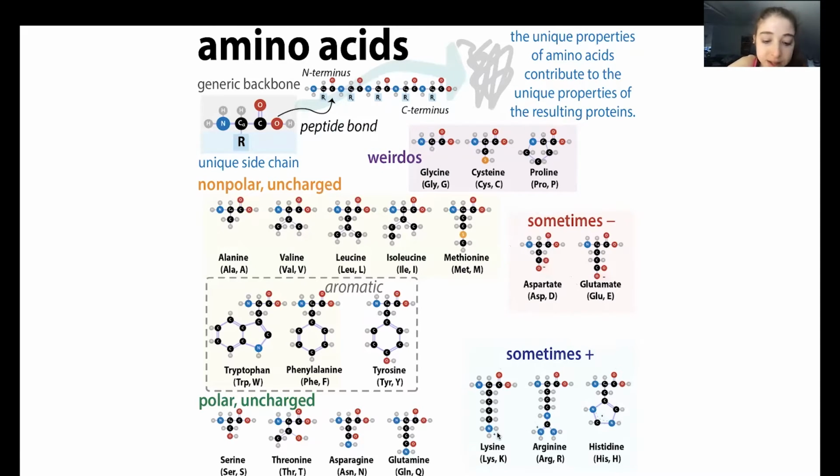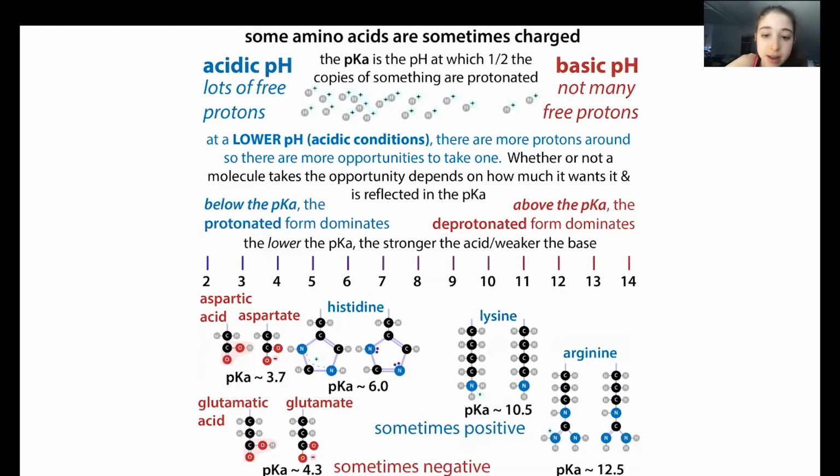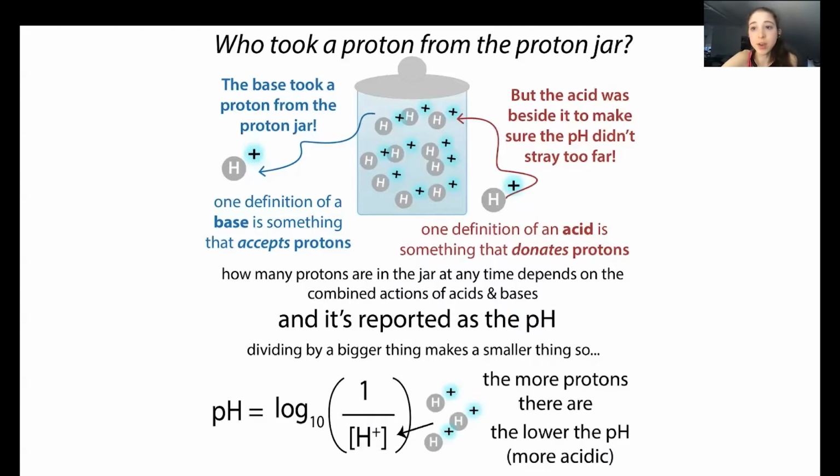And so what do I mean by acidic and basic? Well, this actually relates to how these get their charge, and so the terminology can be kind of confusing. So as I talked about before, pH is a measure of proton availability. And so protons are H+,